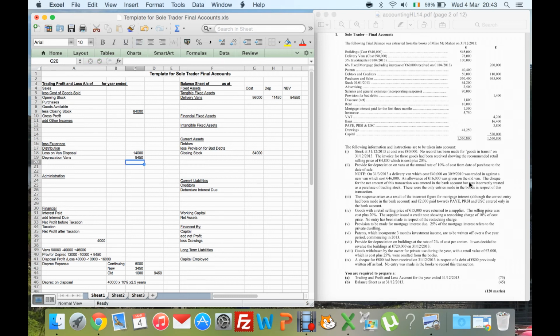Okay, on the allowance. Now let's just see with any other mistakes. The check for the net amount was entered in the bank, was incorrectly treated as a purchase of trading stock. They were the only entry made. So I've now put it into the van account, so I need to take it out of purchase of trading stock, so I need to reduce my purchases. So my purchases figure as it is now